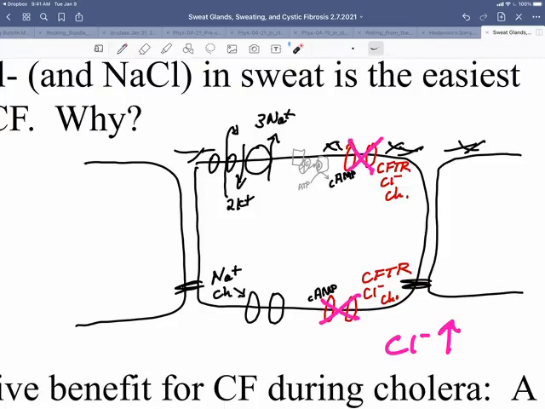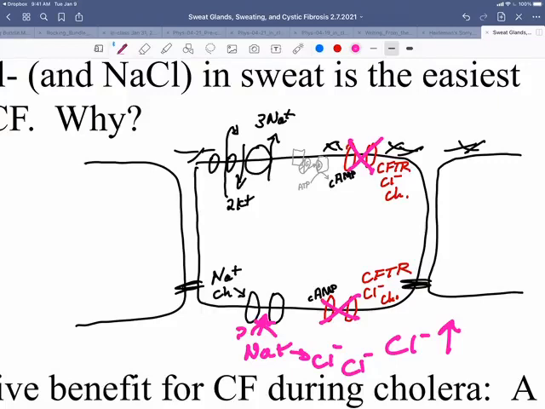And so even though you can still have this part, sodium out, sodium following, with no chloride following, very quickly the sodiums that might leave instead are attracted to the chlorides that you can't get out of the lumen. And so measuring chloride in the sweat, which also holds on to a lot of the sodium,